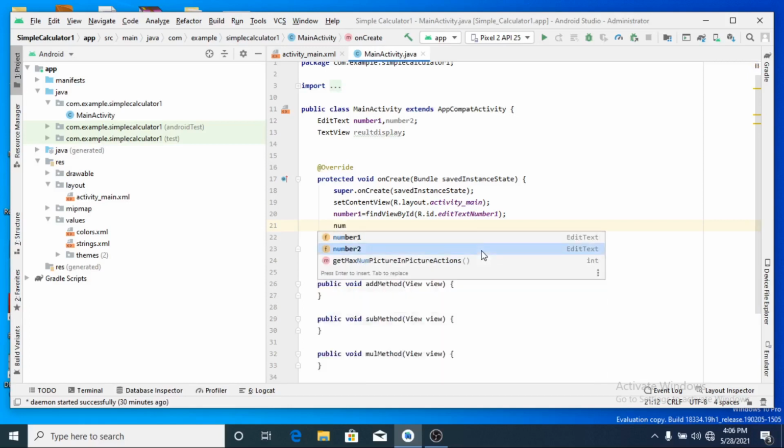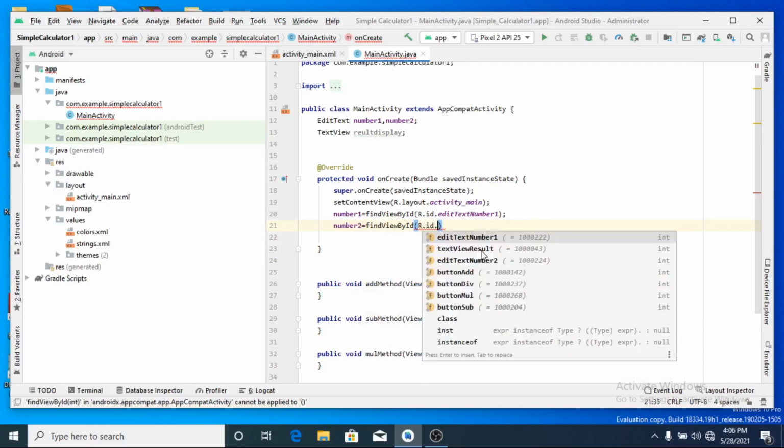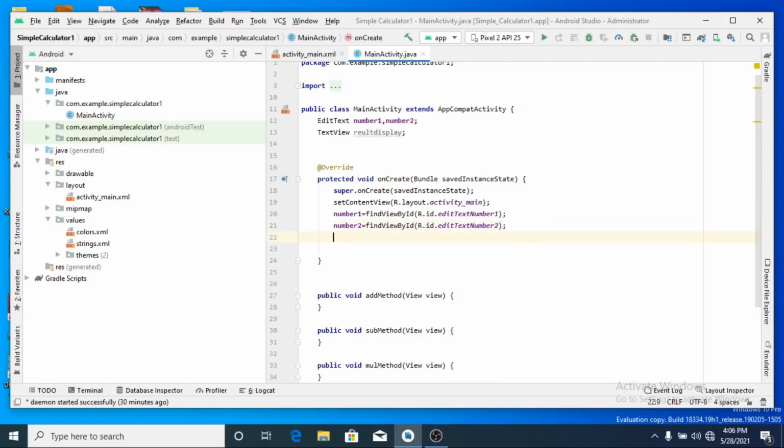Number 2 is equal to find view by id R dot id dot, which one? Number 2. Hence, if you give the IDs very clearly, it becomes easy for you to program also.